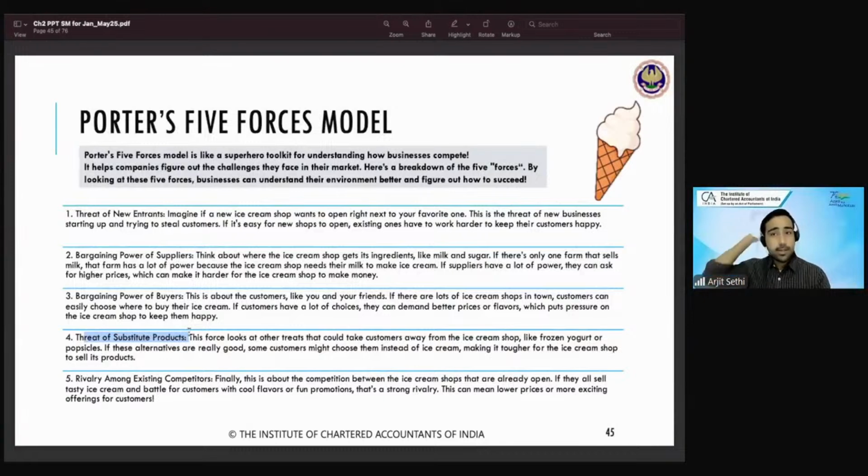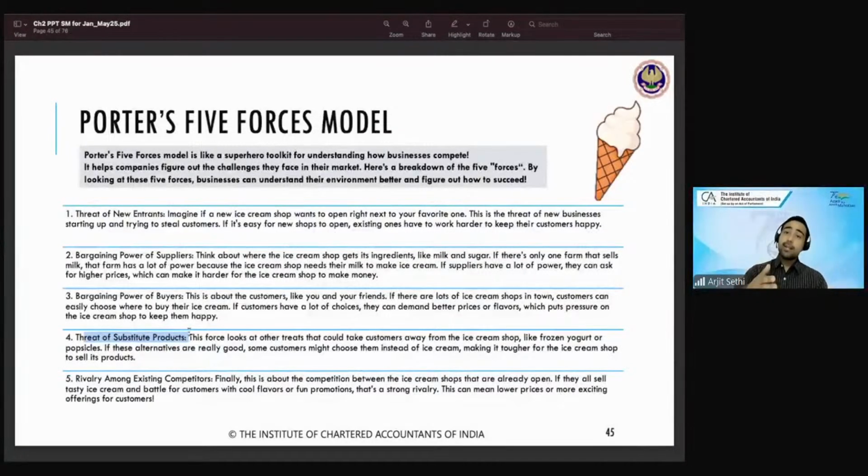They will either go for something hot or something cold, right? So they might just not eat both of these back to back. This is how the momo person is winning by giving a substitute product. They become a substitute for the existing ones, and for the momo wala, this means less rivalry among existing competitors.